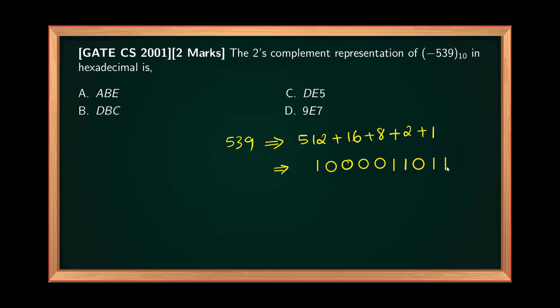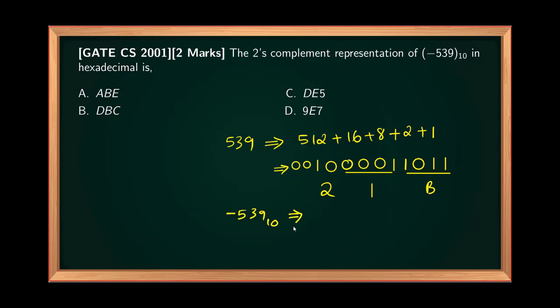Options are in hexadecimal format, so let me convert into hexadecimal. 1011 is B hexadecimal, 0001 is 1 hexadecimal, and 10 I can convert into 4 digits by inserting zeros, the number won't change, so it's 21B hexadecimal. To represent minus 539 decimal,